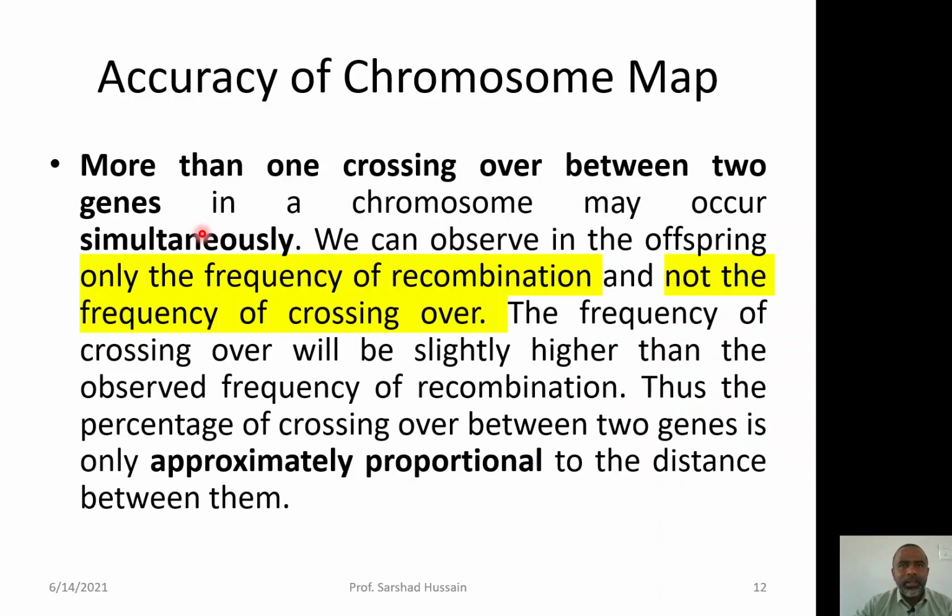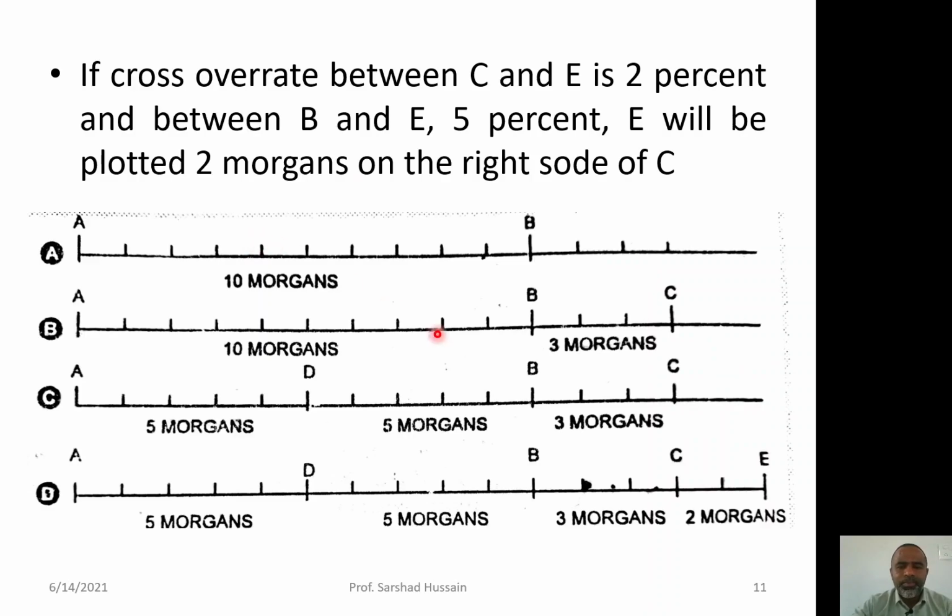Say for example, in genes A and B, if there was 10% crossing over, that does not mean that it is always 10%. There are chances that more than two crossing overs may take place simultaneously. So the result of the two crossing overs again will not show you the exact position of the genes. Why? I will show you. Say for example,